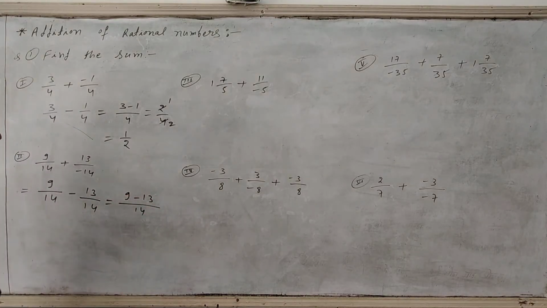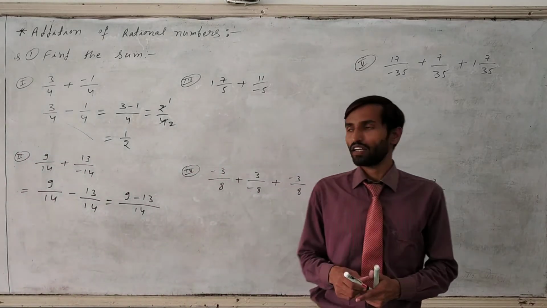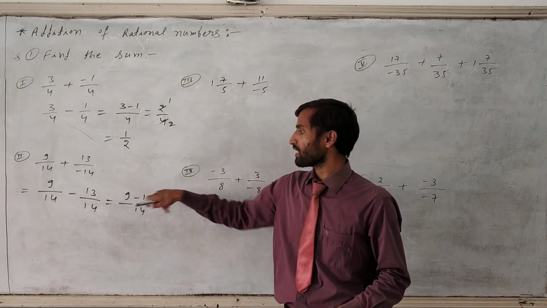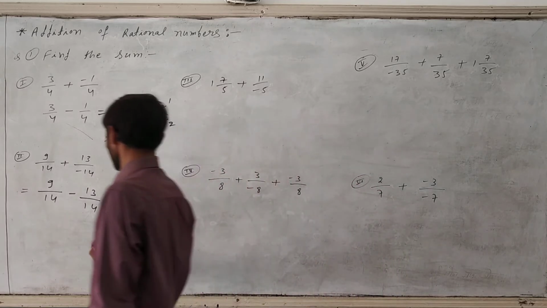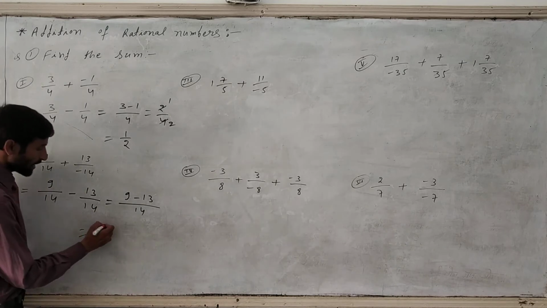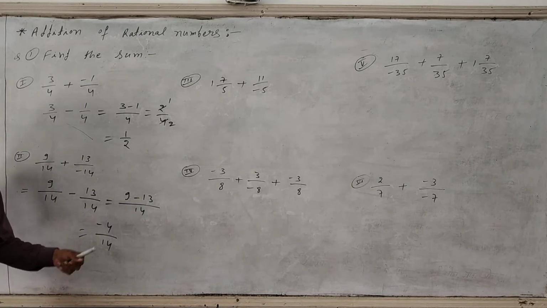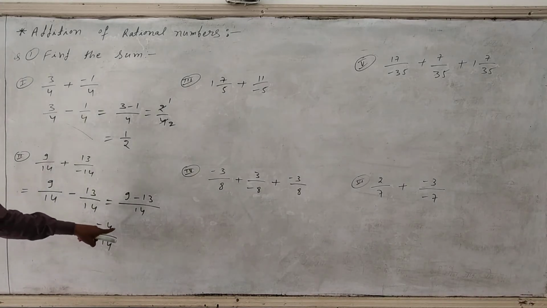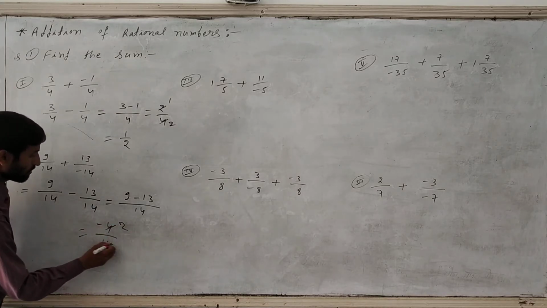9 minus 13 over 14. Now we need to be careful because 13 is greater and the minus sign is greater. So we will subtract again here, 9 minus 13, but it will come as a minus answer. So 9 minus 13 is 4, so minus 4 will come because the negative sign is more. That's why the sign will come negative only. So we can cancel out by 2 here also. 2 2s are 4 and 7 2s are 14.